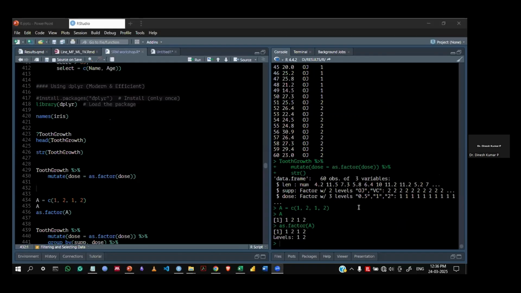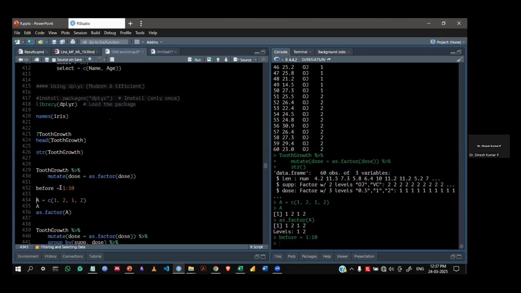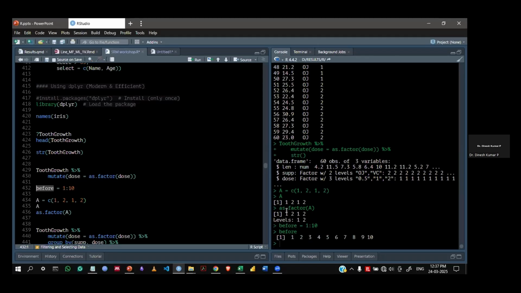Some people have asked for finding the difference between the treatment means. For example, I am taking some random numbers. X is before dosage. For example, this is before. I have some 10 numbers, 1 to 10. Brackets are not necessary. You can directly give 1:10. What is the meaning of this 1:10? Before, the values are 1 to 10. So before the values are 1 to 10, after applying some treatments, for the same 10 observations,